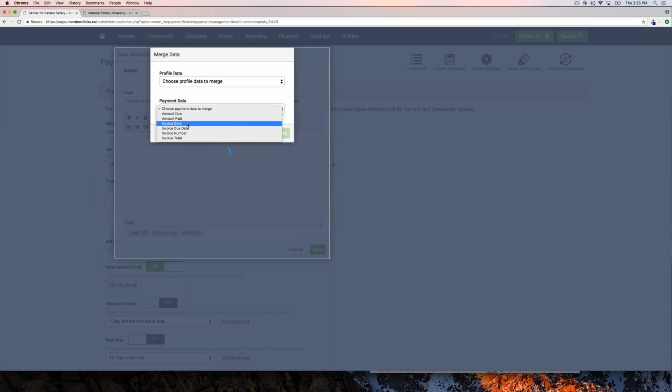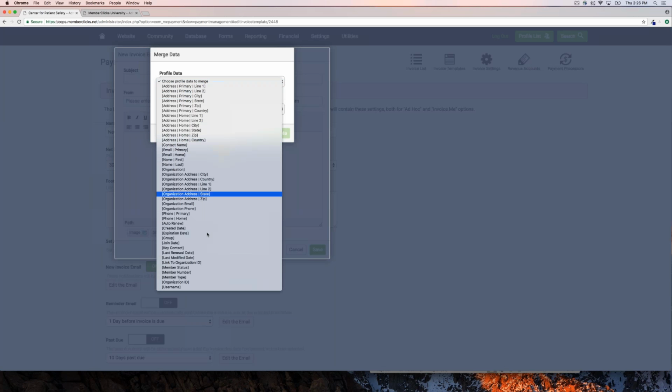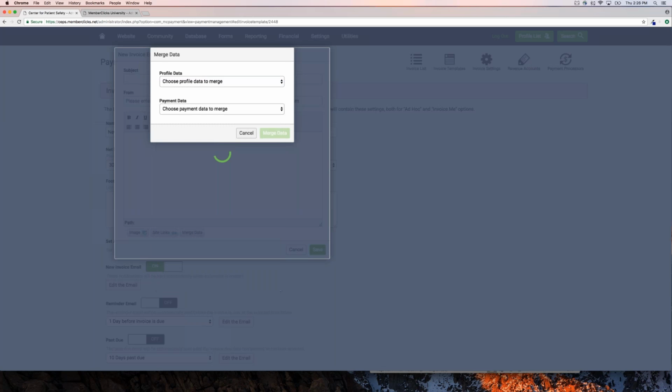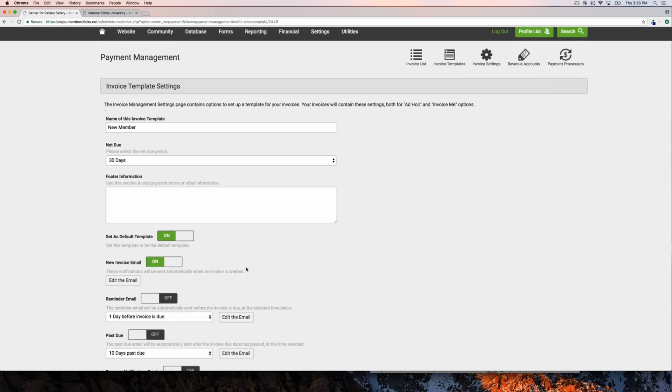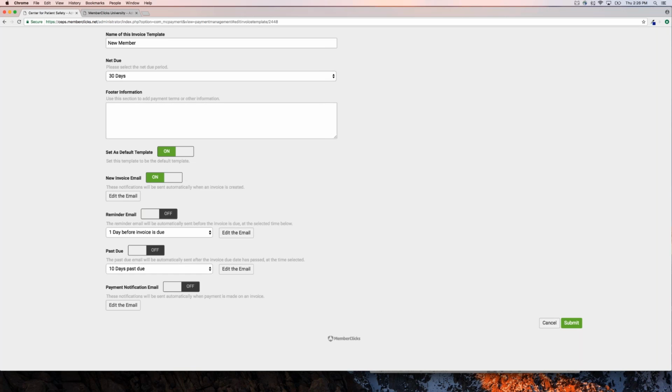You can also do the invoice date, invoice date created, invoice due date, invoice number, invoice total. So there's all these different merge data tools that you can add in. And then you're going to want to do this for each notification. So if you want a reminder email set up, a past due email set up, and then this payment notification